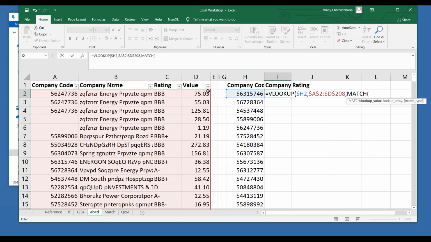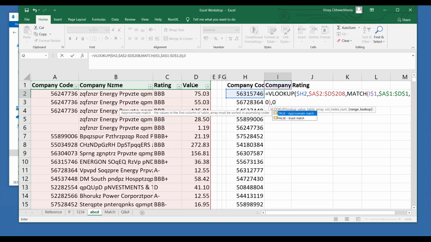What is the lookup value? This is the lookup value. Here I have to freeze this lookup value on the row part because I don't want to drag this. The row number should not change, comma. Here it should check what the position of it is. Again this will be frozen, comma 0, bracket close, comma 0.